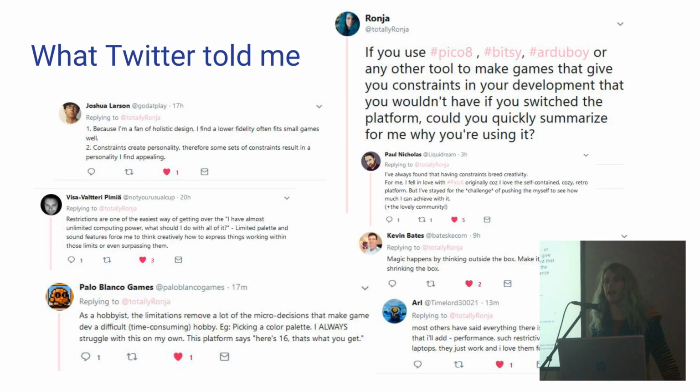I asked Twitter, hey, why would you use those super limiting tools? And I got a few different answers. Most of them were along the lines of, I like how limiting it is. I like how it boxes me into a certain corner. So in this corner, there is a possibility to know this corner, to know what is possible and then act